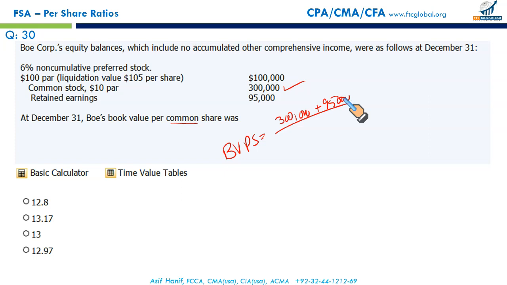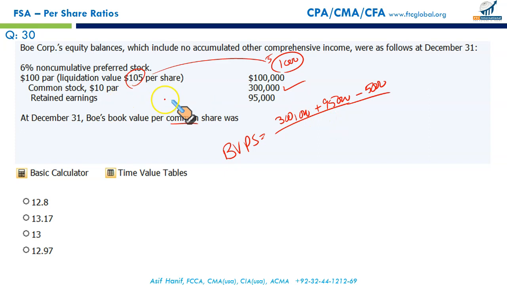Now remember, when these preferred stock will be redeemed or liquidated, you have to pay $5 extra for each preferred stock. How many stocks are outstanding? Preferred stock, $100 par, $100,000 total value. That means total 1,000 preferred stock are outstanding or are issued, right? You have to pay $5 as a premium on redemption on each share, which means this extra amount needs to be reduced from your equity. Remember, any amount over and above the par payable on preferred stock needs to be removed from equity in order to calculate your book value per common share.